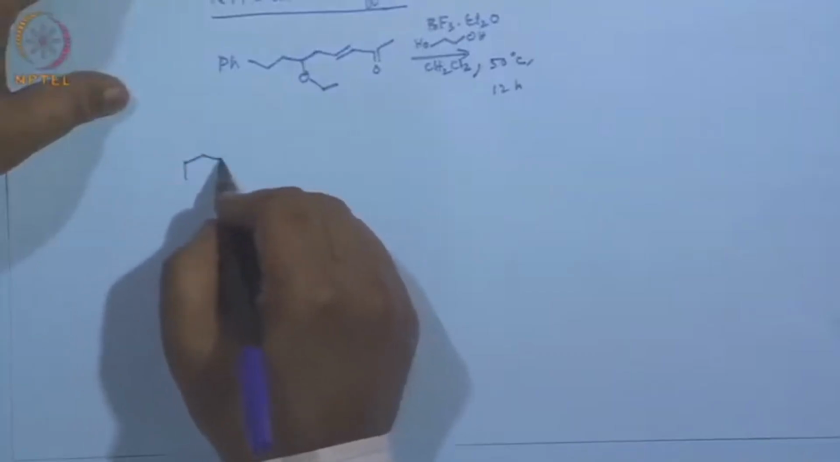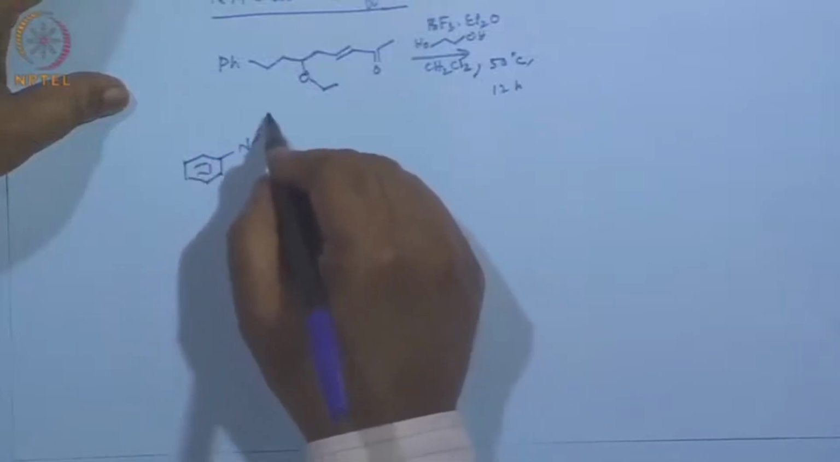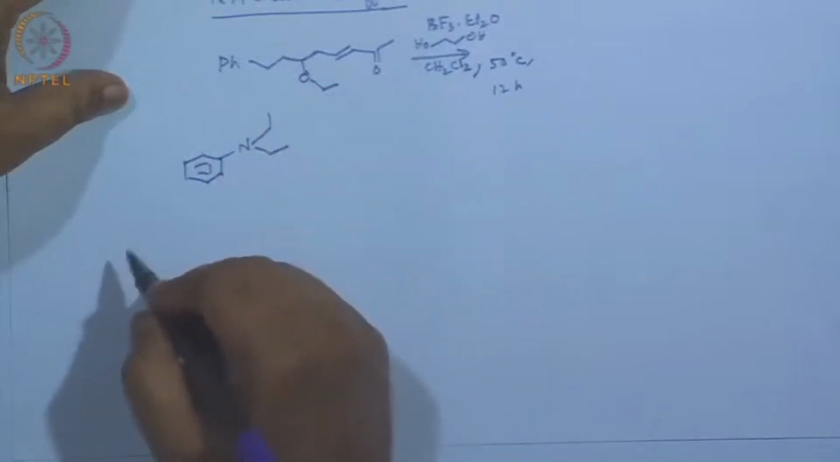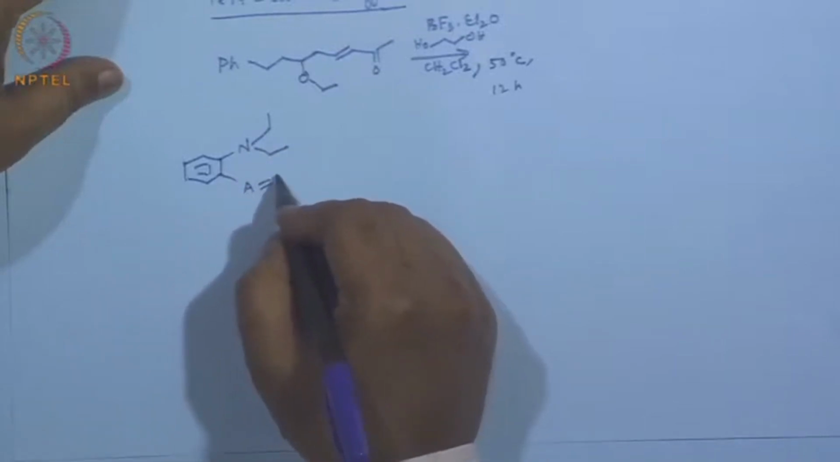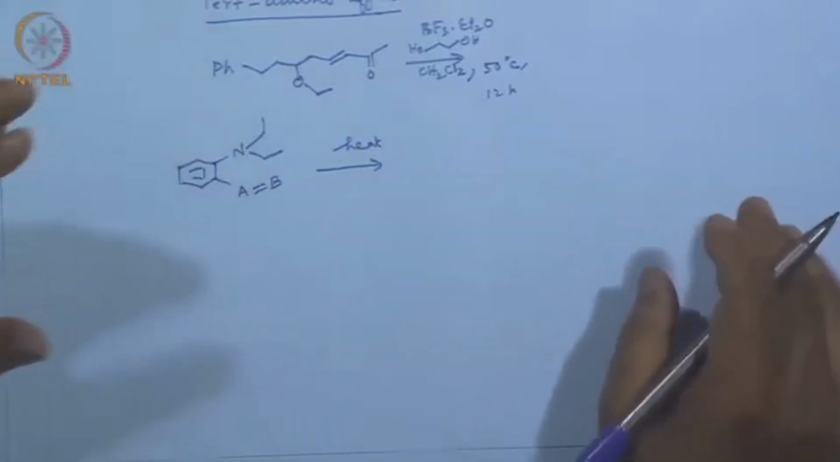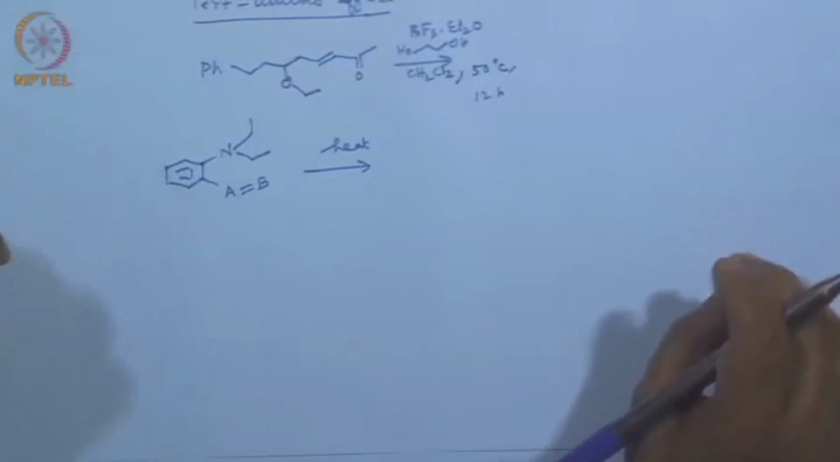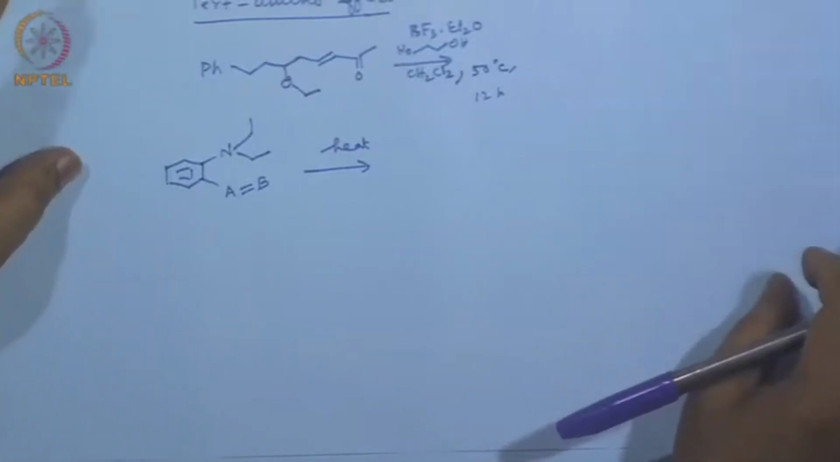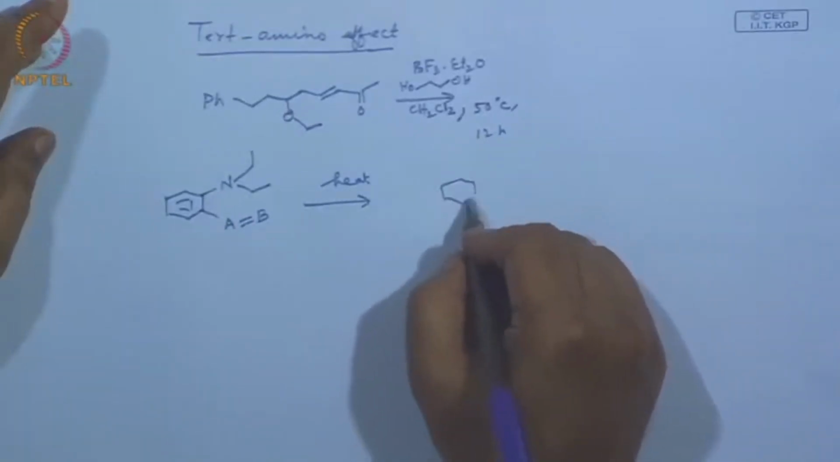And what is the meaning of it? The meaning of it is that the compound must have a benzene ring, and it must also have a tertiary amino group, which would be ortho substituted with a double bond. If you simply heat it, that means the reaction conditions are very mild. There is no complication, no sophisticated reagent. What you will find is a cyclic product,